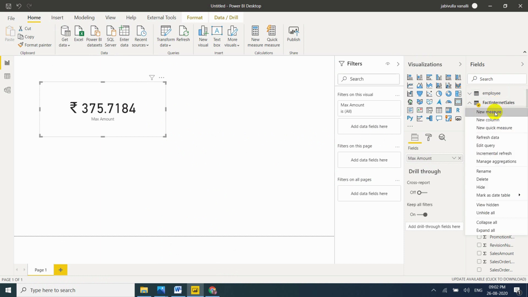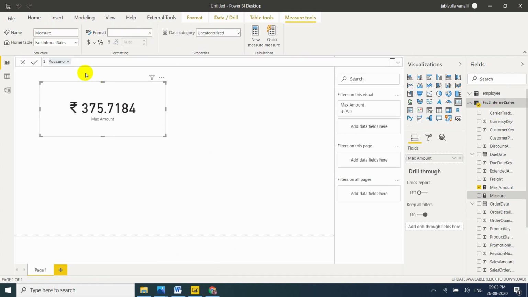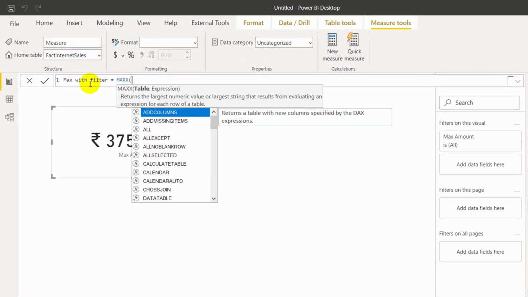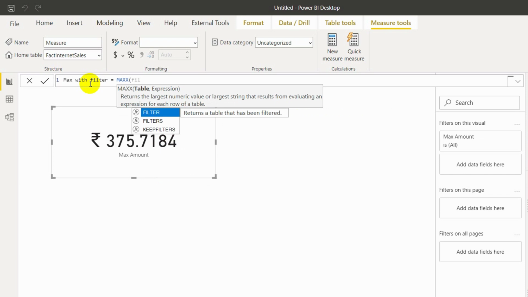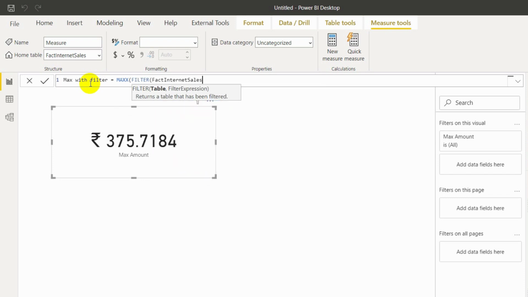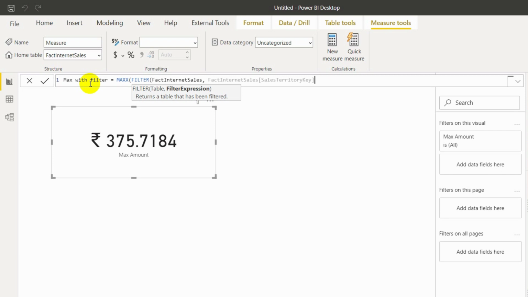New measure equal to MAXX, FILTER. My table name is FactInternetSales, comma, what is your filter? My filter is sales territory key equal to 5.